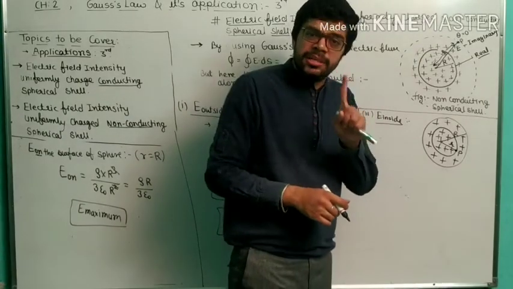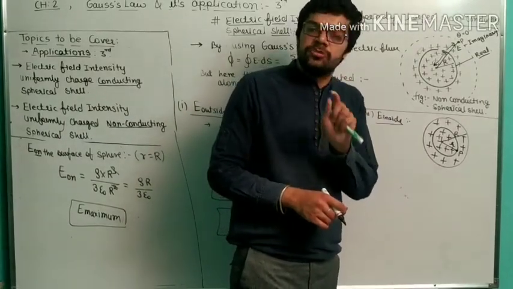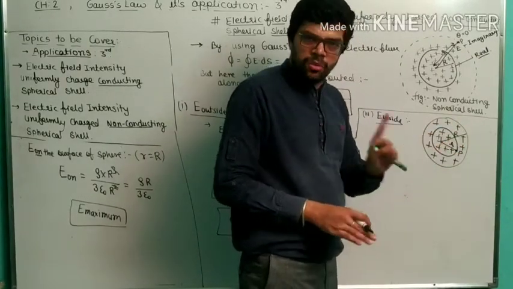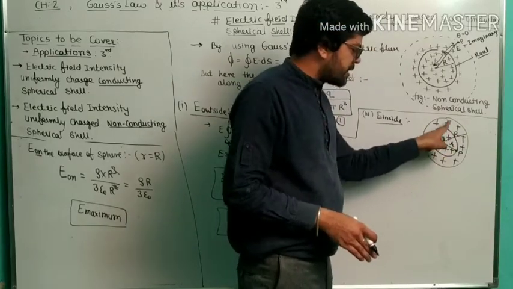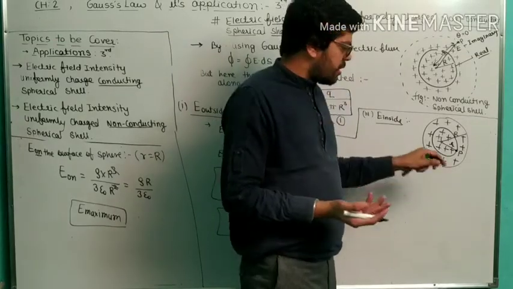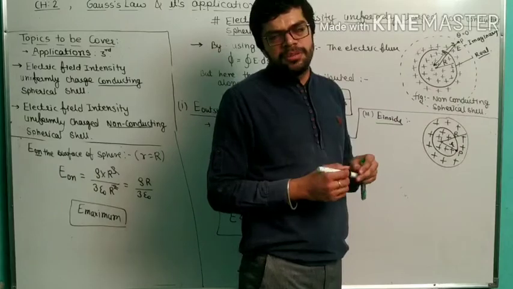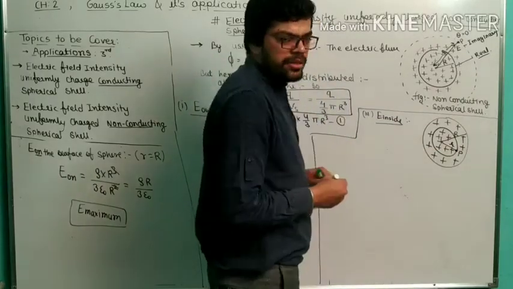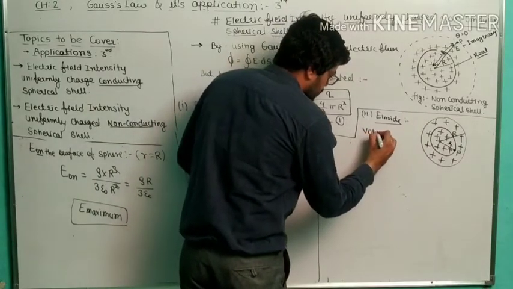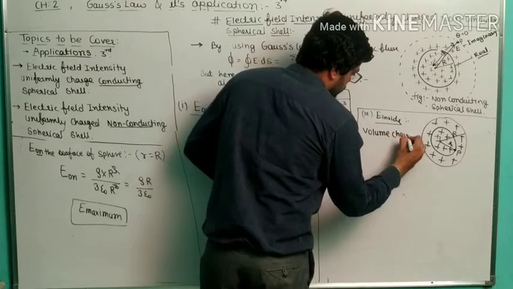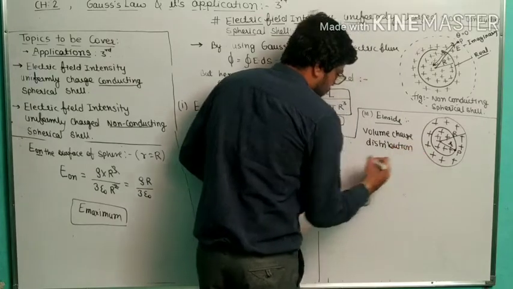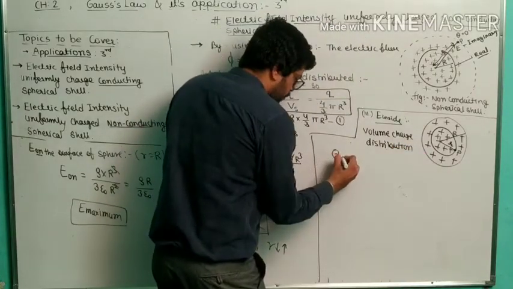Who is covering? The imaginary sphere, which has radius small r, but the radius of capital R consists of the total charge of this whole sphere, while the small sphere is leaving out some of the charges. So we have to find the total charge, which is less as compared to the charge previously contained by the big sphere. So how can we find it out? We know the charge distribution is a volume charge distribution. In this volume charge distribution, we have to find out Q dash.